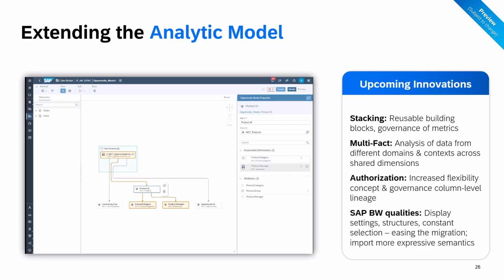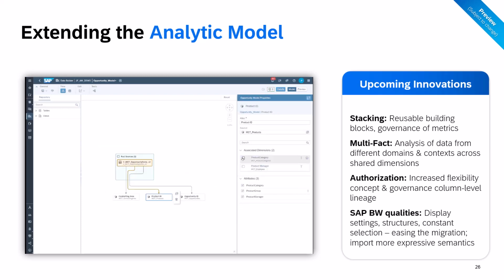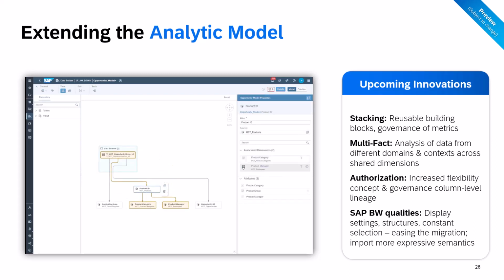What's missing is that we can bring it over with a conversion approach from BW, so that you can reuse it instead of recreating it. That's something easing the migration, which we're working on, to help import these more expressive semantics built in BW and make them available here in the analytic model.